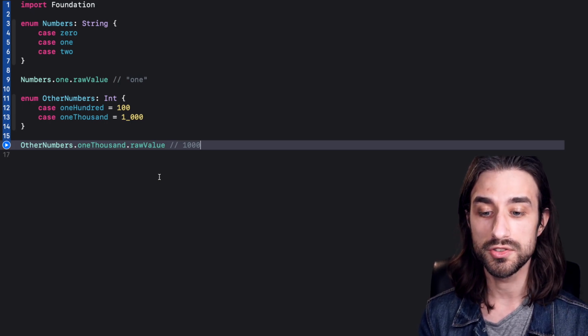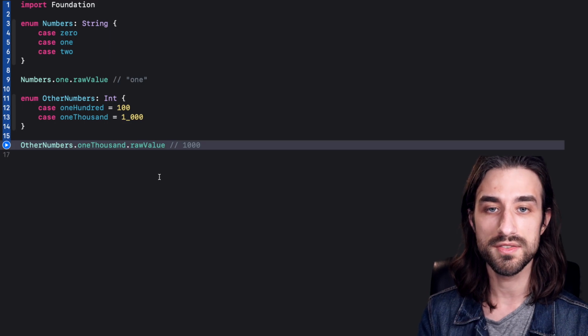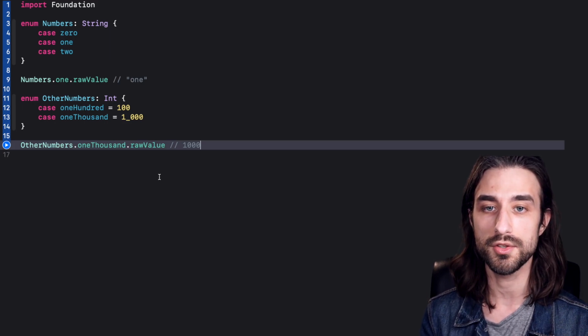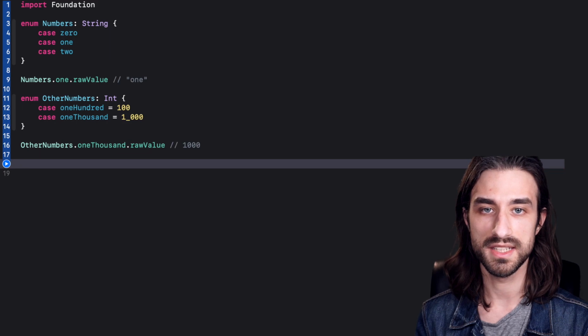And to understand how it would work if we had to explicitly conform to this protocol, we are going to implement a type that uses this kind of low level value under the hood, and it's a type to implement a localized key. So in Swift, localized keys are raw strings that we can then use in order to get a localized string that we can display on the user interface.